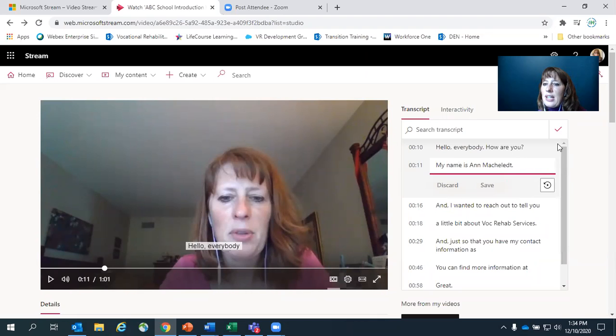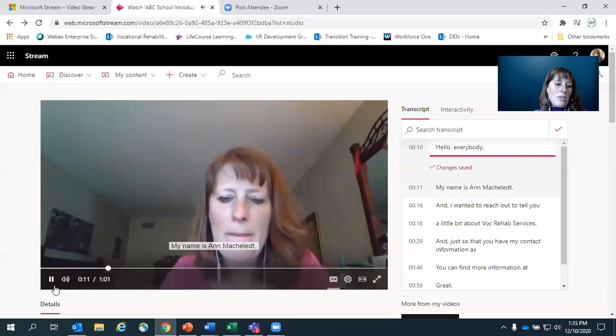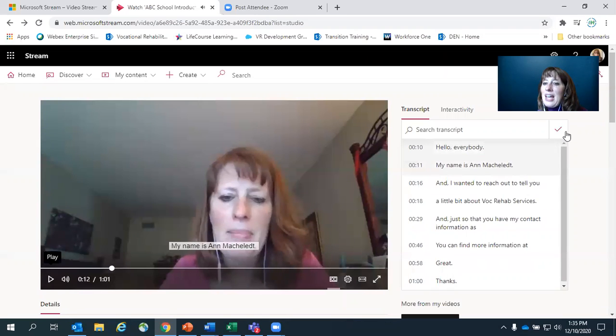I'm going to discard this right now, and I'm going to go back in, and maybe I don't want that. So you can take it out. So it's a total interactive space. Then once you're done, you just want to hit the little checkbox, and that'll save what